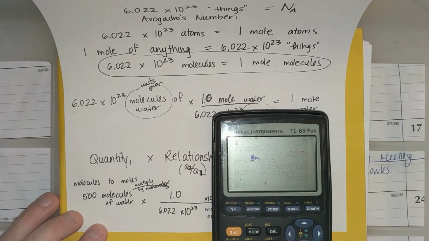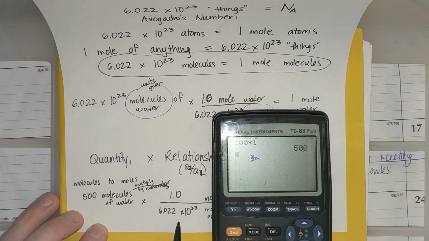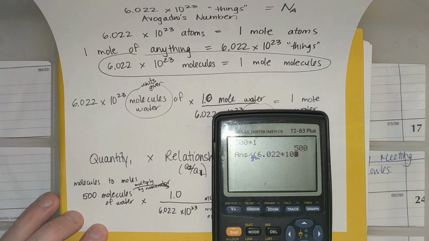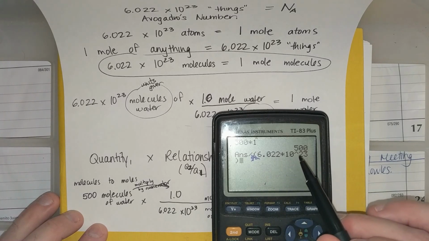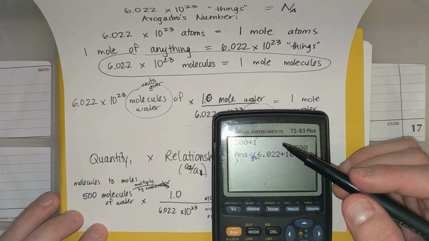You should always use parentheses. So 500 times 1. I'll do that first. That's 500. And that could have been obvious, but I'm still showing you what you could do. You could hit enter. And then I want to divide by 6.022 times 10 to the 23rd. So divided by left parentheses 6.022 times 10 raised to the 23rd, right parentheses. And if we could guess if this number is going to be big or small, well, if 1 mole is this number,